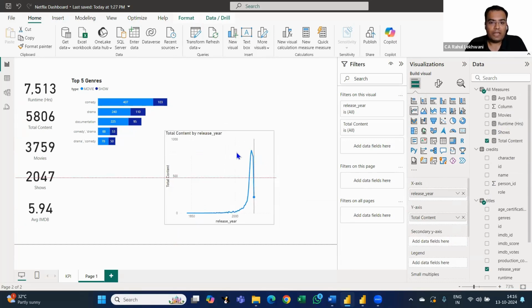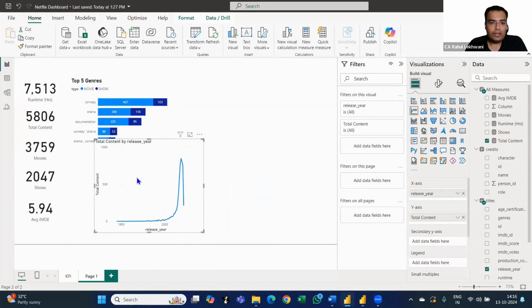So as you can see, this is the kind of line chart that is appearing. But I don't want to go back to 1950. I want to actually see the trend after 2000. Because I don't want to go back to the 1950s. I want to see the past 24 years of trend. So for that, what I can do is filter this